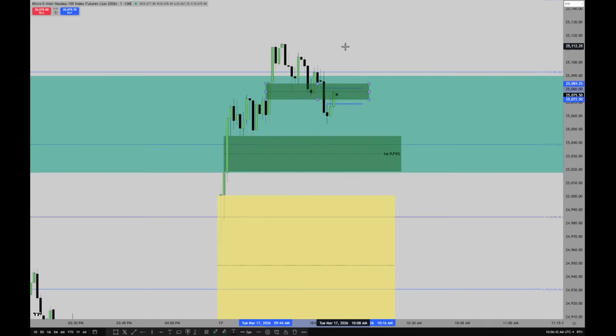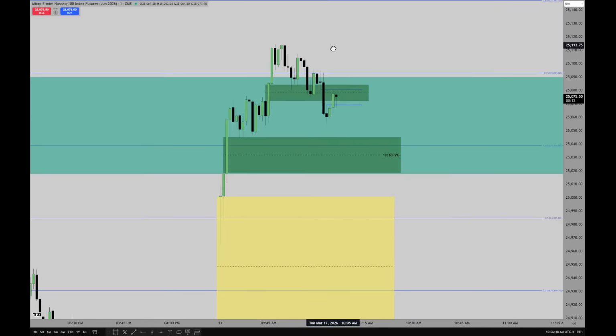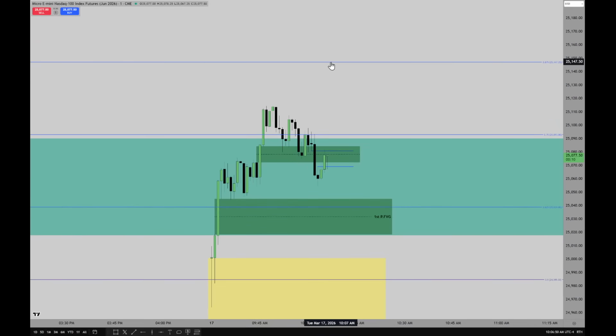So if it can get above both of them and hit that and be a discount PD array, then it would take this and then this up here, this next gradient level would be the next point of interest. But I would prefer it to try to get down into first presented fair value gap. Like if it left it as right now as I have it, and this is actually colored wrong, I apologize.